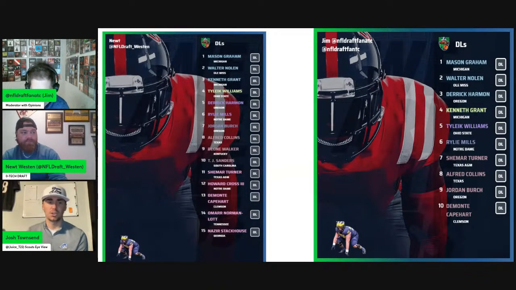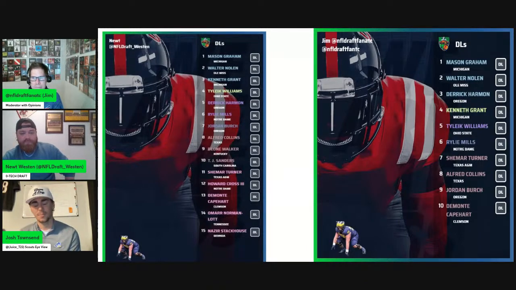He has good speed and good burst and get off for 295 pounds, and that's him sticking as an edge. Imagine that on the inside. Now you have to worry about how well he'll hold as an anchor if you're moving him as a 3 or a 5 tech, how well he'll be able to stay one-on-one and shed those tackles if he moves fully inside. But you love the versatility that he brings. And like you said, in this extremely deep edge rusher class, I'll have him graded as an edge, but he's still a late second round grade for me. I have him in my top 64, and he's really close with Harmon as well. I have Harmon slightly above, but neck and neck right next to each other.